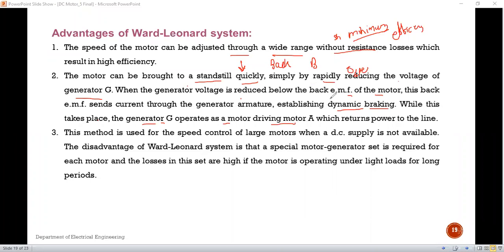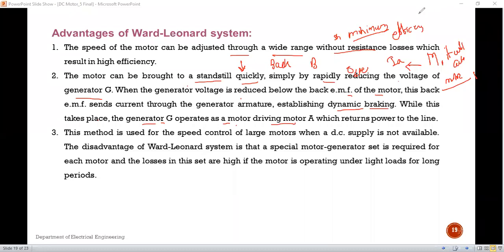या कंडिशन मध्ये काय होतं, ज्यावेळेस बॅक EMF इट विल बी सप्लाइड टू दॅट ऑफ करंट इन द आर्मेचर, आर्मेचर ला करंट प्रोव्हाइड करेल जनरेटरच्या. ऍट दॅट सिच्युएशन द मोटर जी आहे M1 motor, it will act as a generator. Okay, and the generator जे generator आहे, it will act as a motor and it will supply a current to the top supply line. ज्या DC सप्लाय लाईन कडून आपण पहिल्यांदा सप्लाय घेतलेला आहे त्या सप्लायला ते काय करेल, करंट प्रोव्हाइड करेल. ओके, so this is another one advantages of this machine.